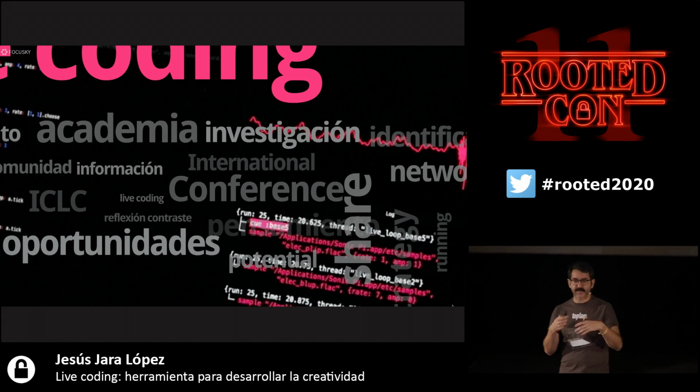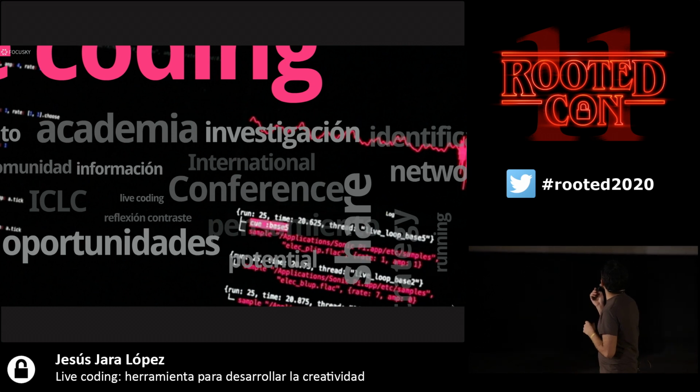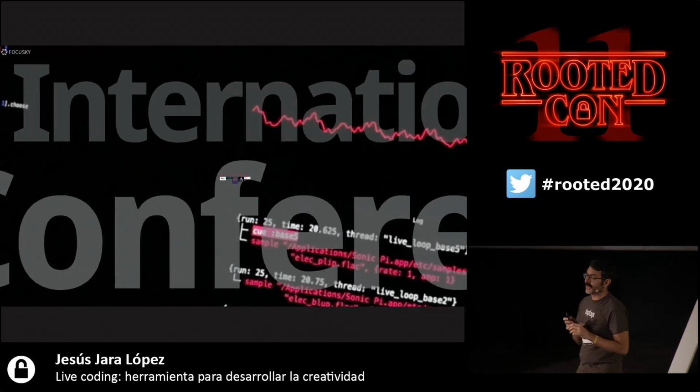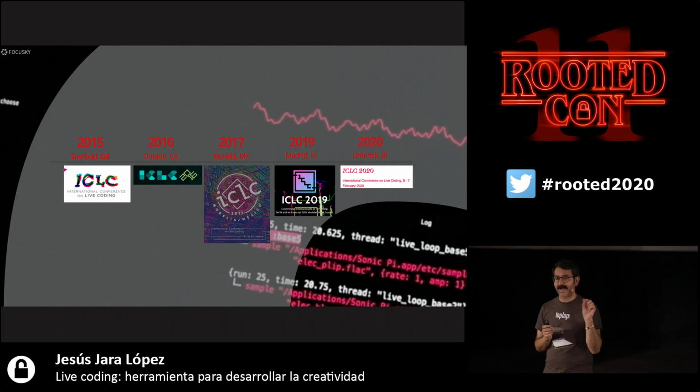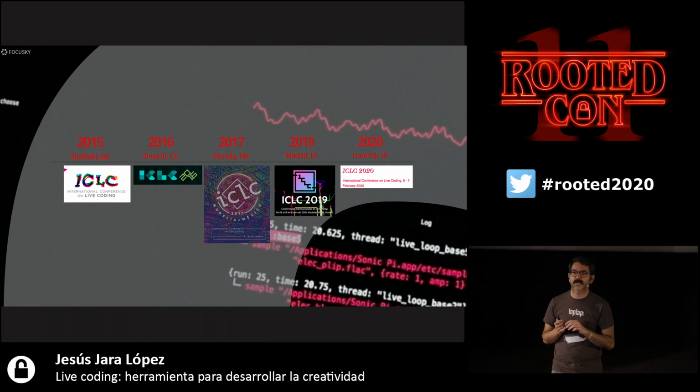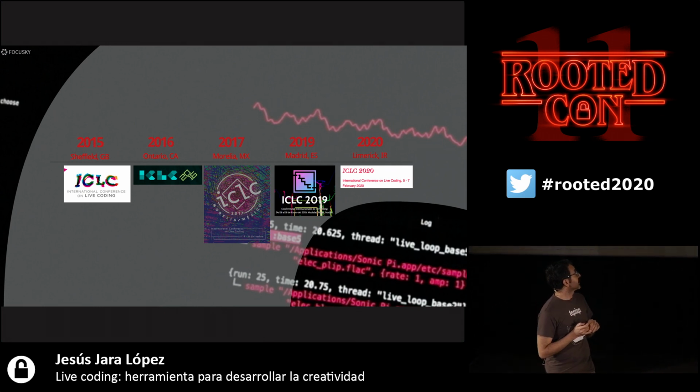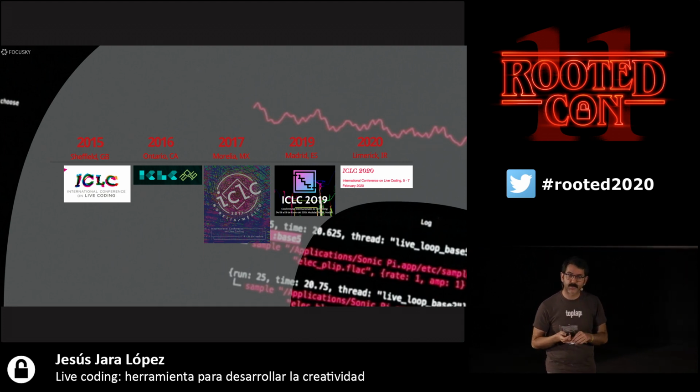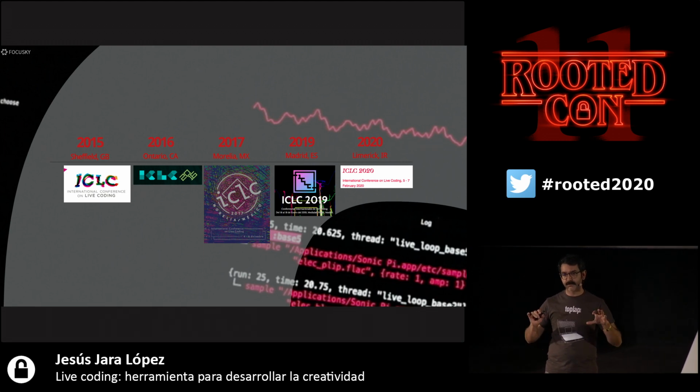So, when is the time when the live coding communities come together and they start to develop? These are the international conferences, what is called ICLC, International Conference on Live Coding. Up to now, there have been 5 international conferences. They go throughout the world, and they have been